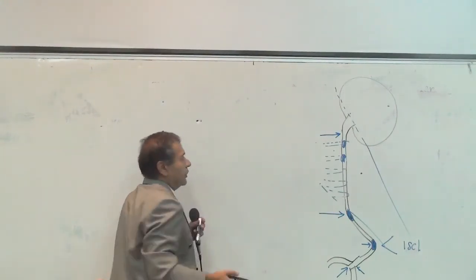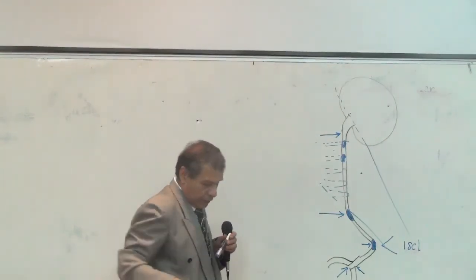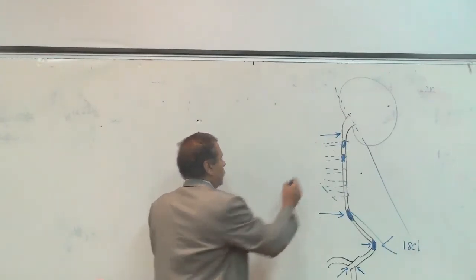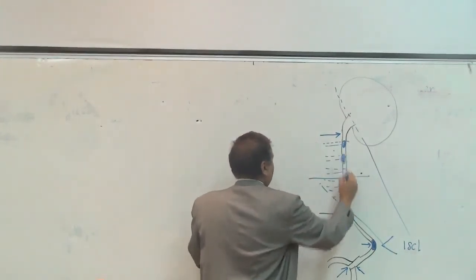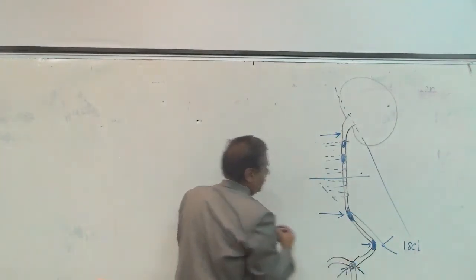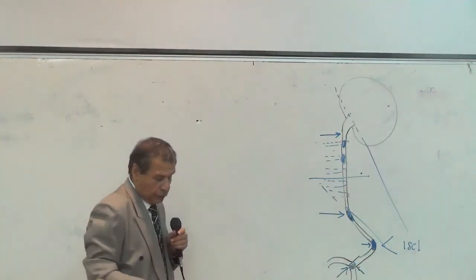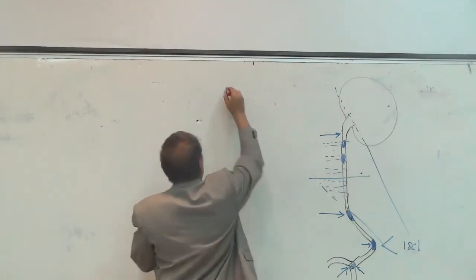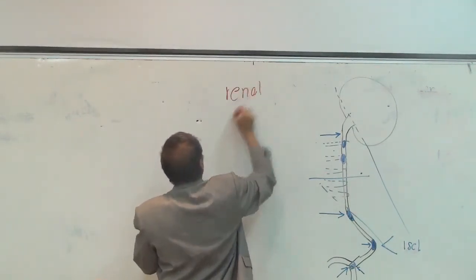Concerning if there is a stone in the ureter, I can define it into three areas: a stone in the upper part of the ureter, a stone in the lower part of the ureter, and a stone in the intramural part of the ureter. Stones from the upper third will give renal colic. And renal colic is severe pain,